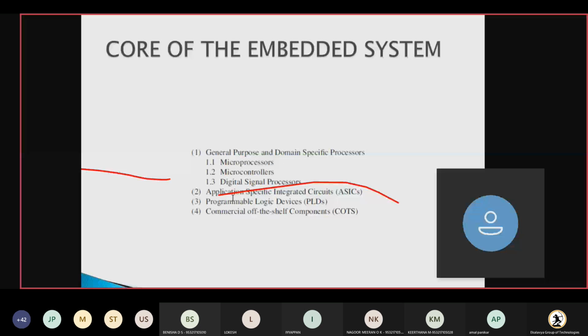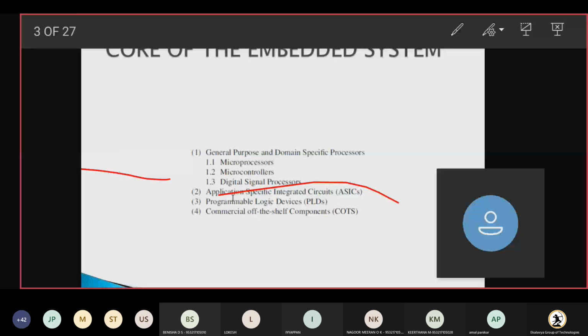What is the meaning of system on chip? It is a microcontroller plus programmable analog. For example, I have a microcontroller, and I need to connect it with analog devices. Let us take a comparator or a filter that is going to be connected. I cannot control or program these analog devices.